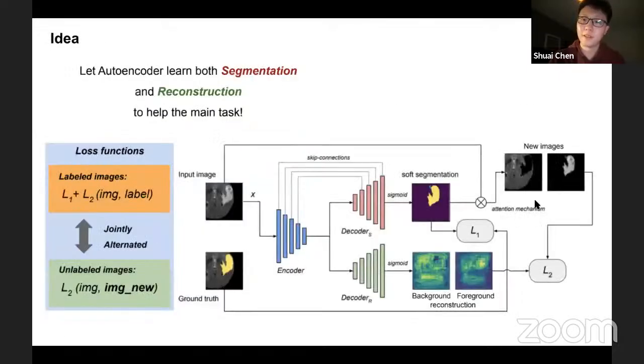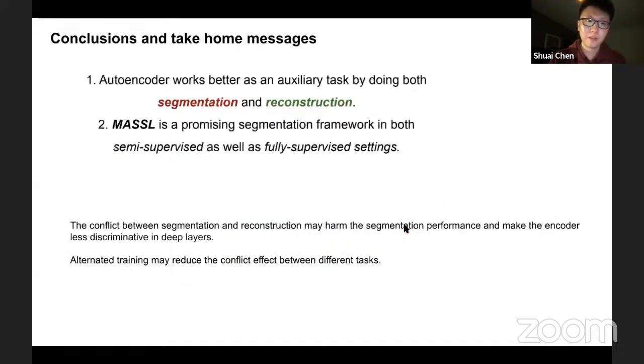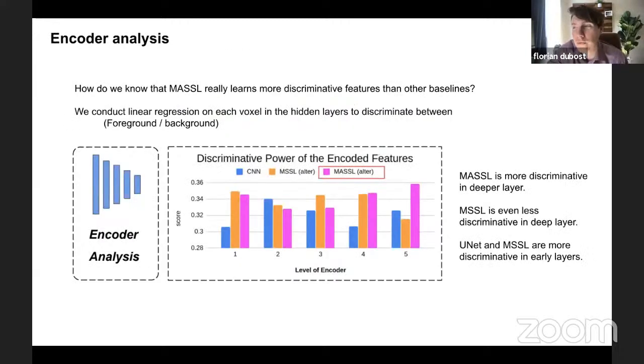Yeah, because the MSSL is usually what people did before in multitask learning. People train the autoencoder on the reconstruction task to provide regularization for the segmentation task. And if the regularization is too much, it may also hinder the performance because the learned features may not be relevant for the segmentation. So it means that with your method to compute background and foreground, you need to have the labels. So for unlabeled images, MASSL and MSSL are actually the same, right? It's just on labeled images that it's different.